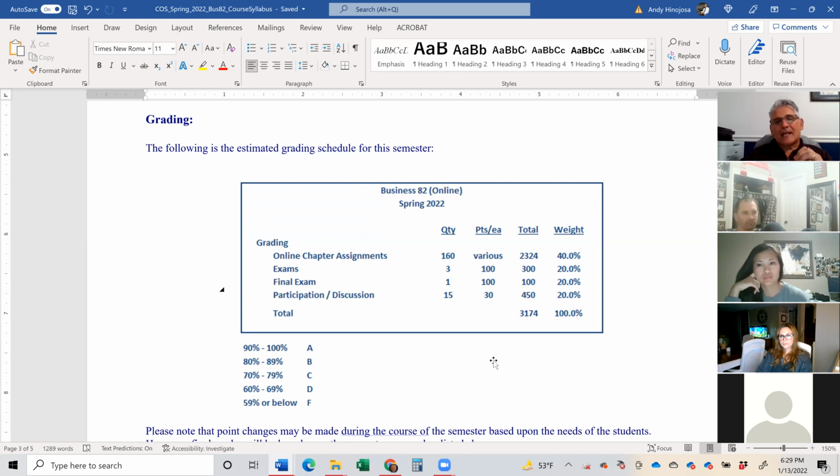And I think the exams are set up, they're timed. All right, they are timed. So I'll take a look at this to look specifically at what the timing is. So you're going to want to be prepped for the exams and the final exam in terms of time. But the online chapter assignments, there's no time requirements. So just make sure you take your time and get it right the first time and you should be